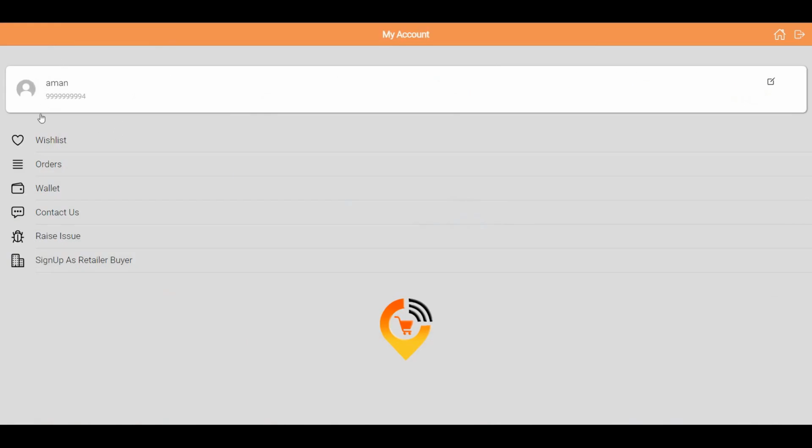Here I can see my registered number and my name.